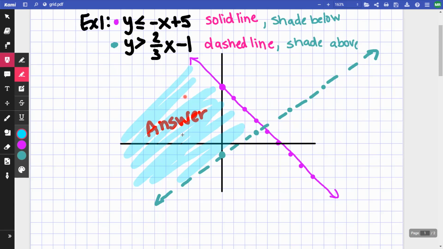So really, this is the answer. None of the rest of these sections are going to make both of them true at the same time. Only this is what's going to make it true. But again, what we can do